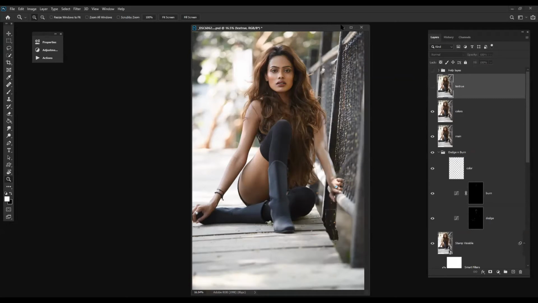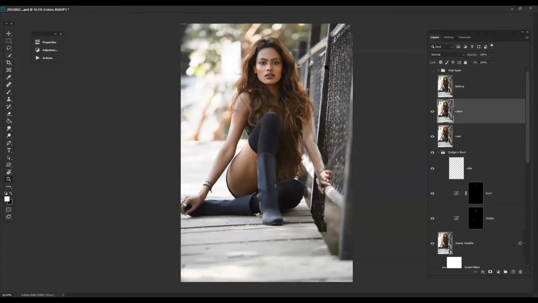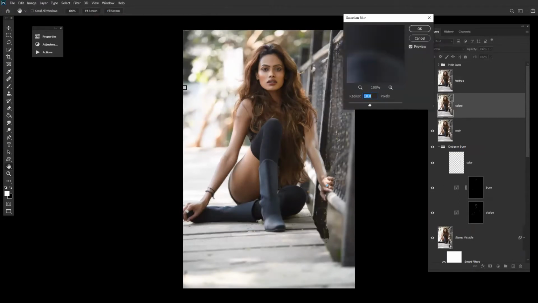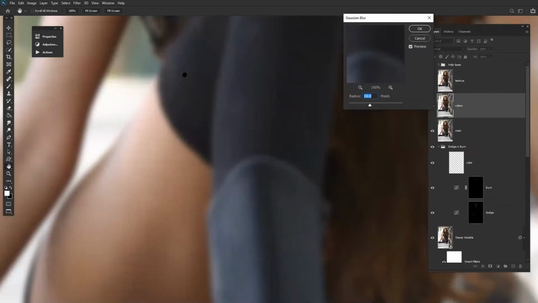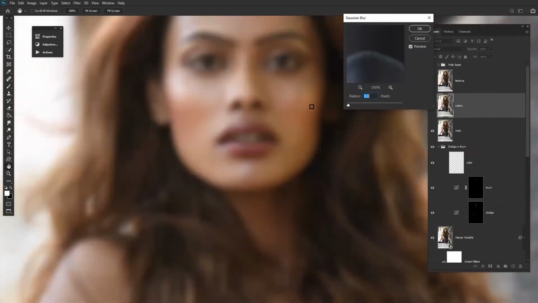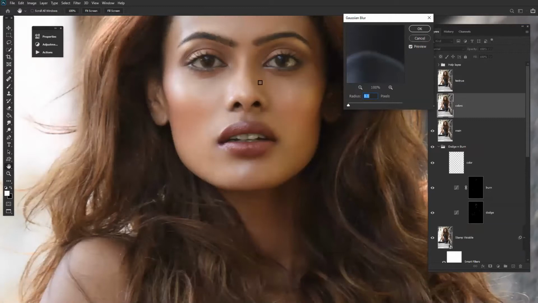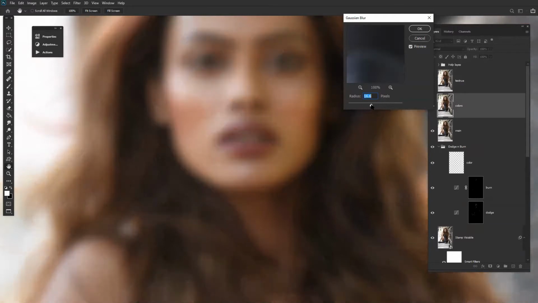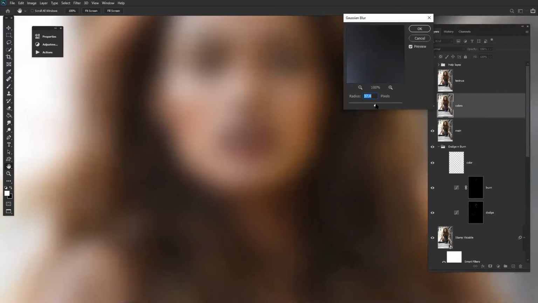So first and foremost, for frequency separation, we have to go to blur, Gaussian blur, and just work on the part where the textures get removed without disturbing the lines of the image too much. So let me come to the Gaussian blur part. I think 7 is enough for this image. Fine. You have to analyze it. See, if I increase, the lines also start getting merged. Now it's totally a merged image.